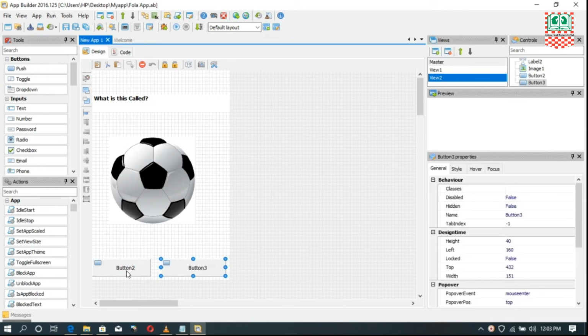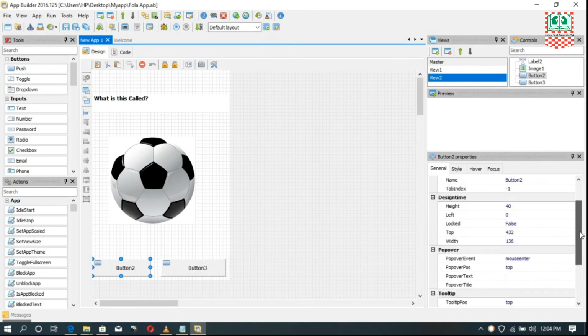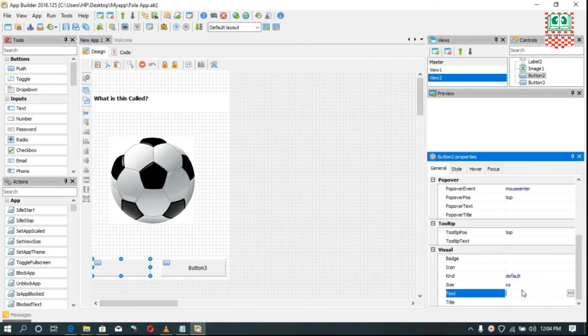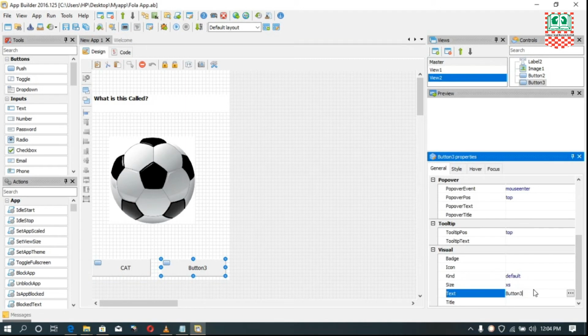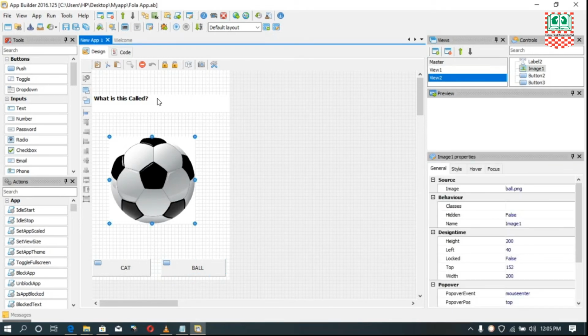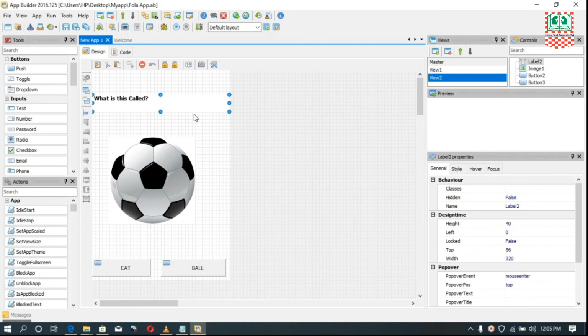Good. So we'll click on the first button and change this to, we type cat. Okay, then we'll click on the other button here. We'll scroll down to the text over here and type ball. Okay, so the concept is, they have to choose the correct spelling of this image. Okay, good. So what we're going to do now, we're going to go back to view 1